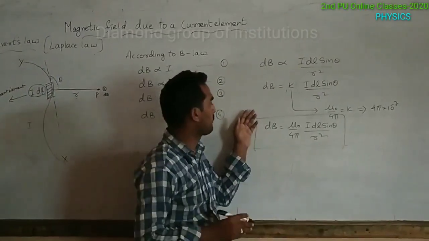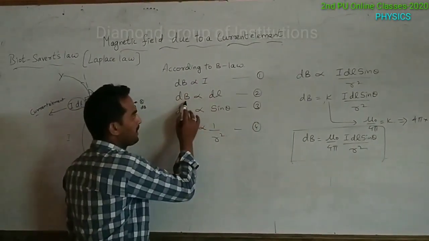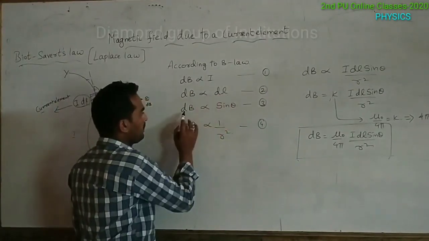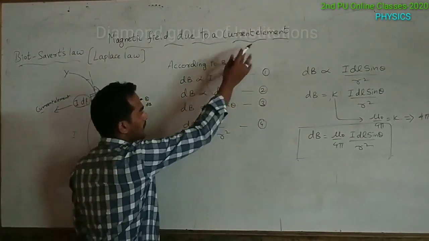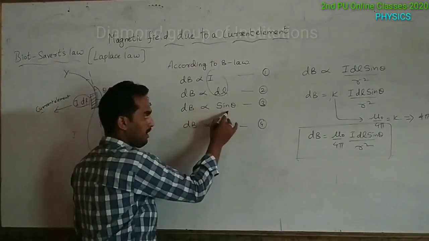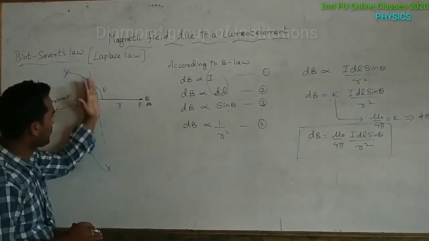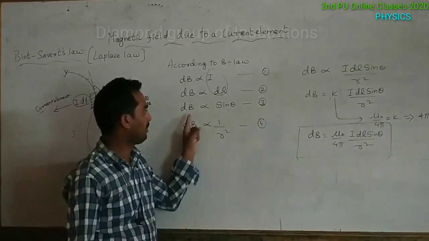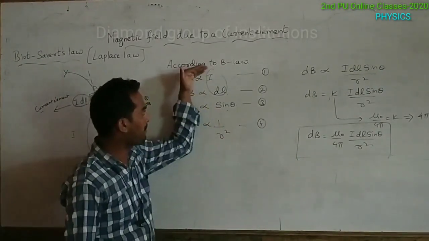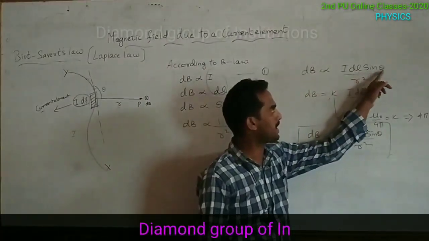And see here once again, the magnetic field is directly proportional to the strength of the current. Magnetic field is directly proportional to the length of the small element. We can say these two together are called the current element. The magnetic field is directly proportional to sine of the angle, where the angle is created between this current element and this r value. Directly proportional to sine theta, inversely proportional to r square. Combining these, we wrote dB proportional to I dl sin theta by r square.